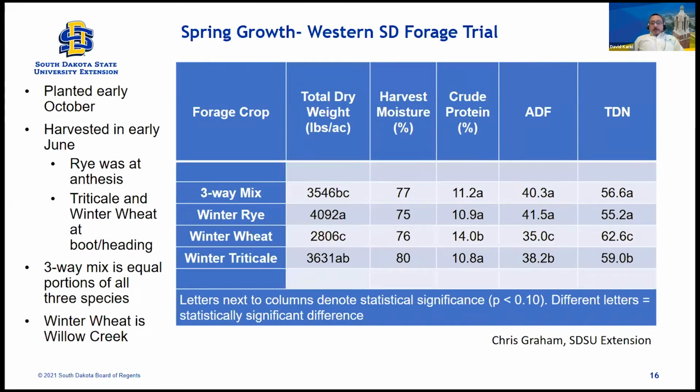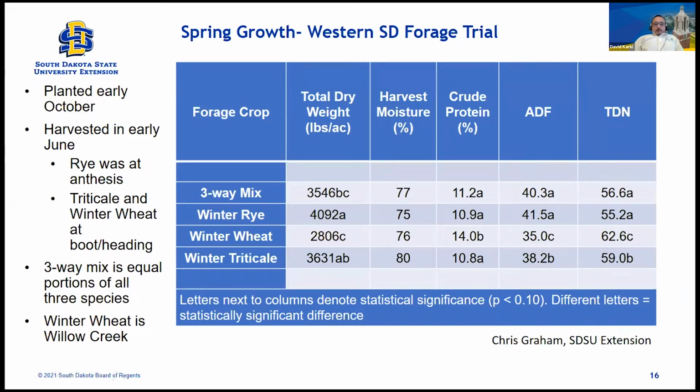And talking about rye and biomass for forages, or soil cover, whatever you want to use it for, there's another study done by Dr. Chris Graham in SDSU Extension. He works as an agronomist out of the Rapid City office out west. So here's some numbers on forage quality and quantity. These three winter annuals, winter rye, winter wheat, and winter triticale, were also mixed as a three-way mix, dividing the weight by one-third, and planted in October,